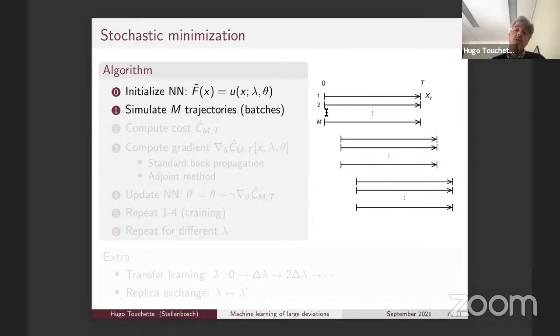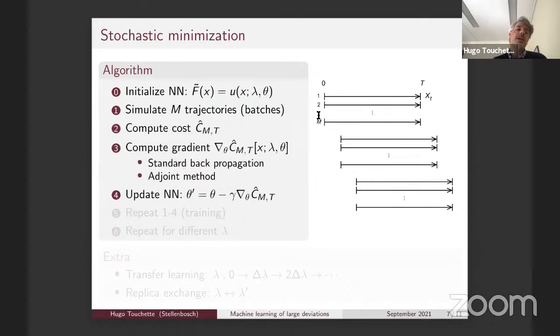So I'm simulating M short time trajectories. We'll deal with the long time limit later, but essentially I just need some ensemble to calculate some kind of mean cost. I need many trajectories because if you calculate the cost only over one trajectory, then the gradient is too noisy. So you need M trajectories just to make the expectation or the average more well-behaved. So you compute the cost for those M trajectories as a mean over the M trajectories, and this is calculated also over the observation time t.